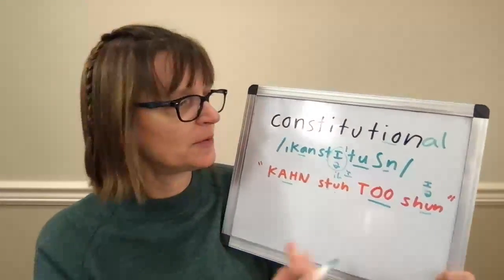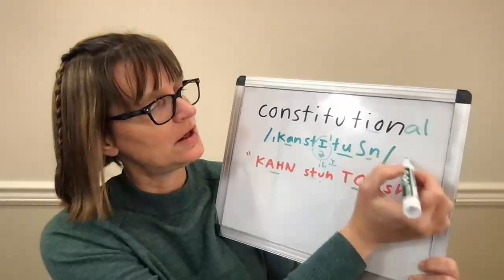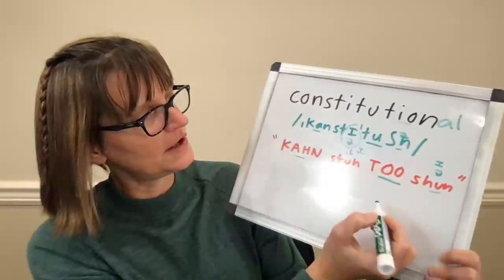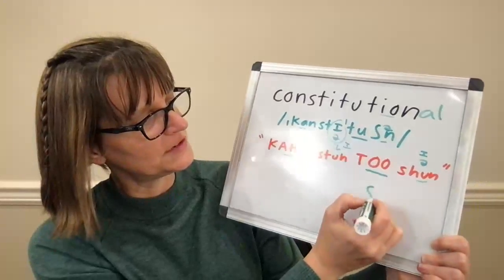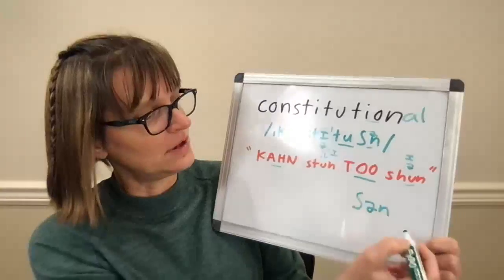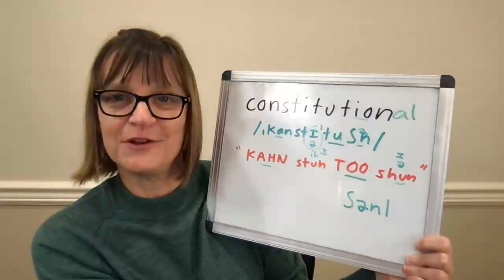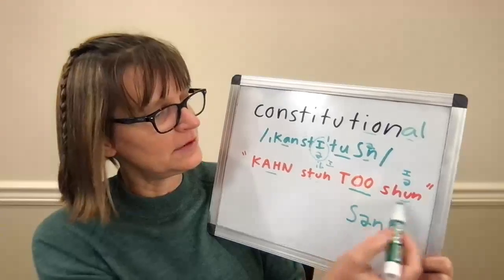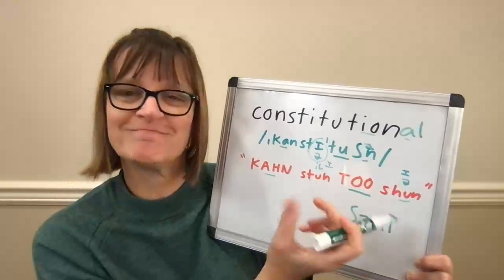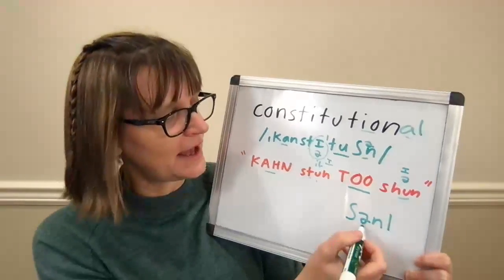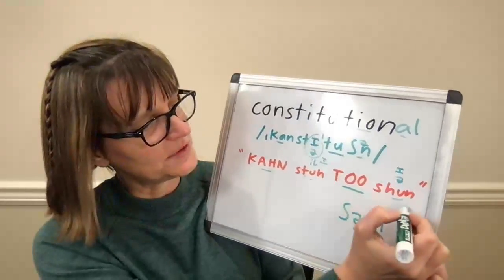Then when we add the letters AL to say something is constitutional, or to use constitutional as a describing word, shunal, there we definitely have our schwa. So constitutional, the end of the word is going to be our SH sound, our schwa, N, and then again, probably no vowel here for this letter A. So to make sure that there's a syllable, when I do constitution, I can be really short on that. Constitutional, shunal, I have a little bit of a schwa sound there. So then I would say shun,